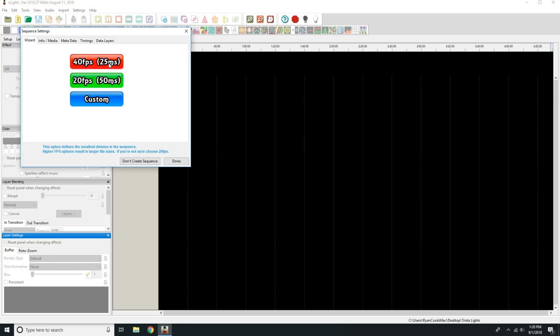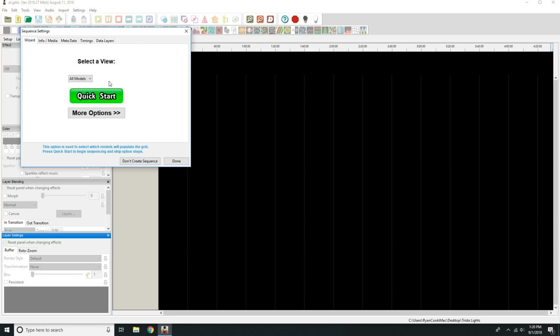40 is going to give you a lot smoother transitions. I will probably end up using 40 on my show, I usually do, but for the sake of rendering time right now, this is a large sequence file, and some of the rendering times can get upwards of 2 to 6 minutes on this, depending on how many items you have in your display and how many things it's mapping it to. There's a lot of video. It's a pretty large sequence, but for the purpose of the tutorial, I'm just going to go ahead and do